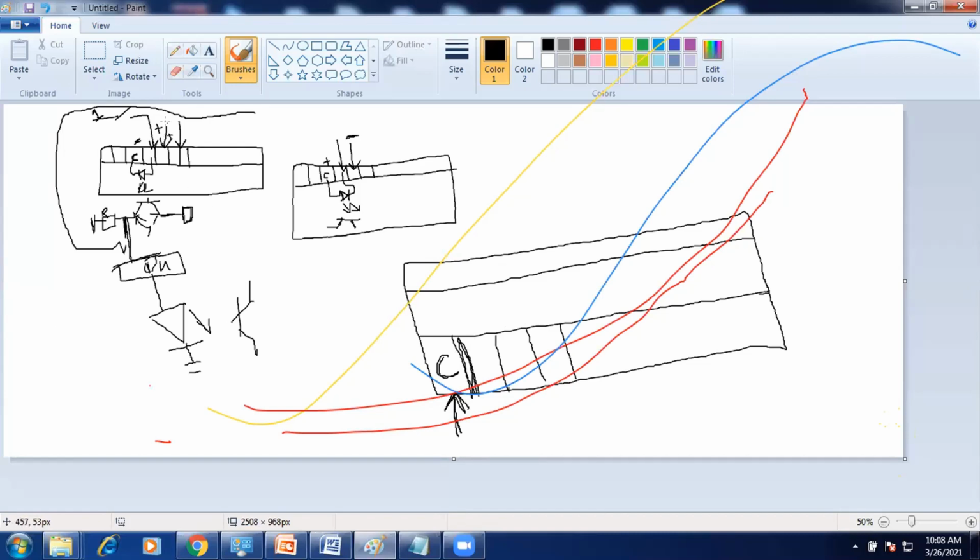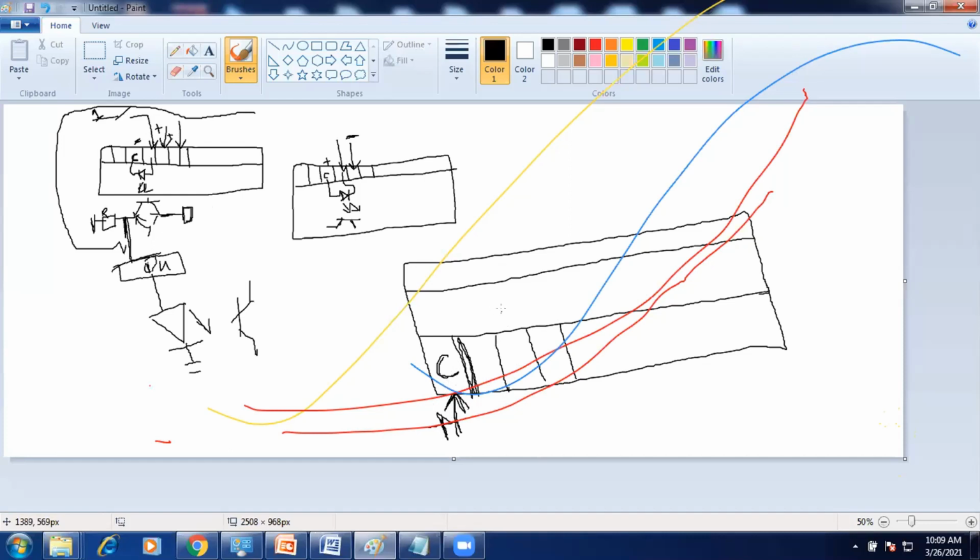In the input parts I give positive or negative directly, but here I am not giving directly to the output ports. Based on the type, I am giving the values to the common pin. Here I am considering source output, which means positive, right? Positive will be given to the common pin.